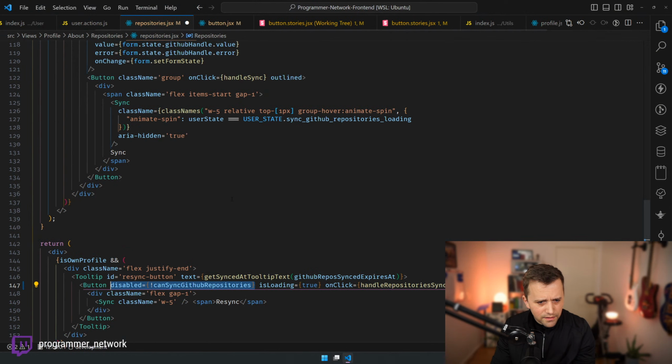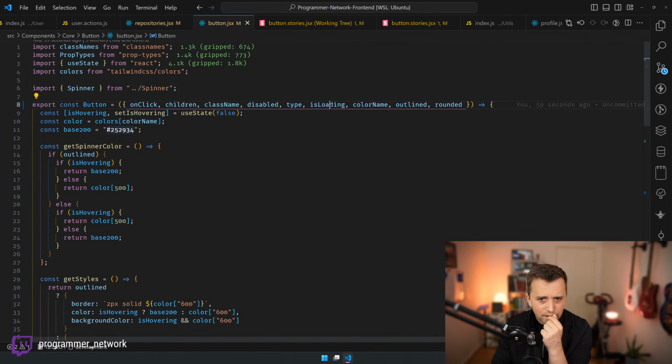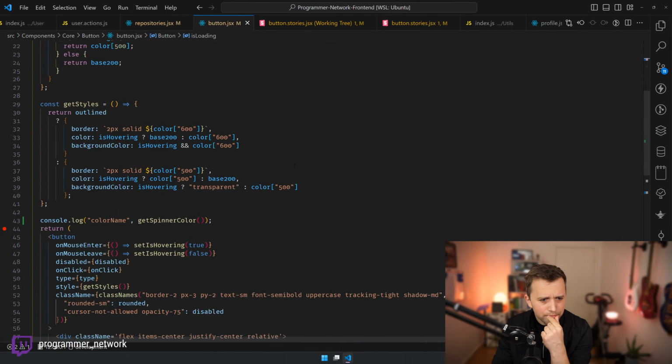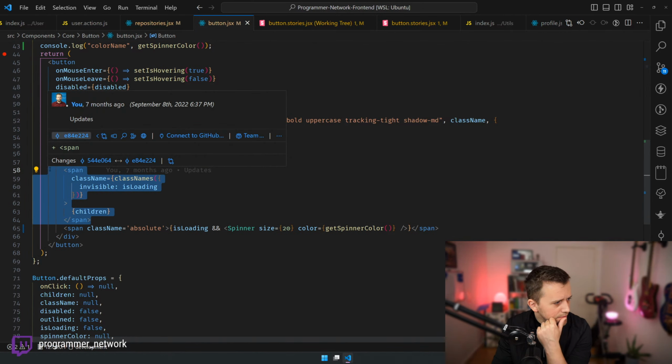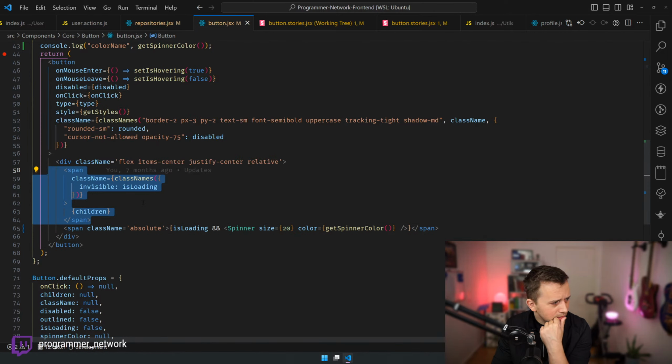So it's not this, it's not disabled, that is definitely not messing it up. So let's see if it's loading. Invisible basically just means to hide the actual text, right? So that's not it for sure.